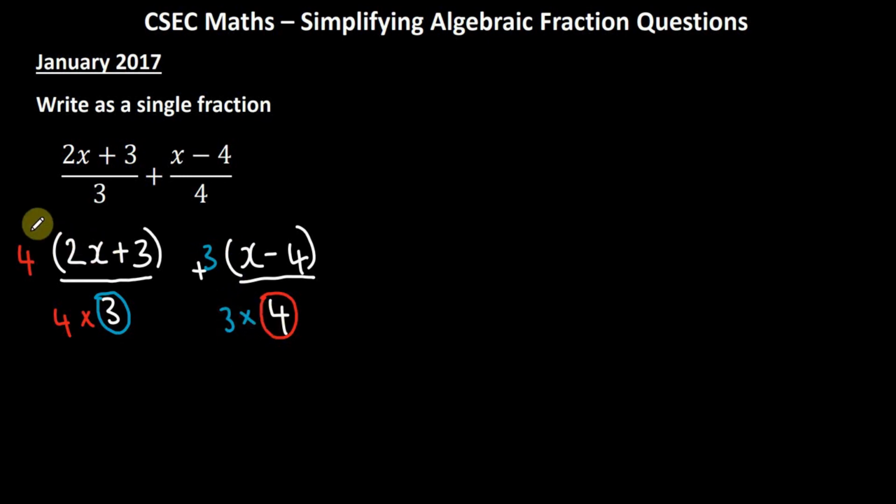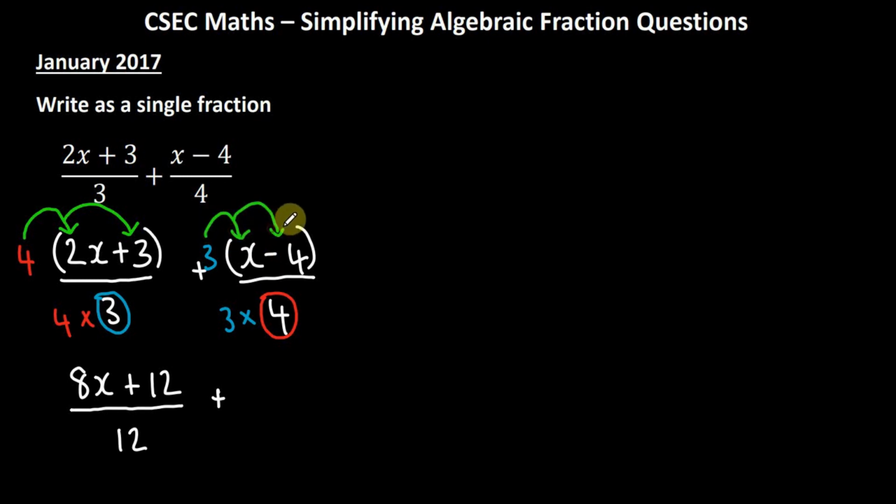And again, what we can do here is to use the distributive law to expand the bracket here. So I'll use 4 times 2x and 4 times 3. So 4 times 2x will give me 8x plus 4 times 3, that's 12, divided by 4 times 3, that's also 12, plus, and again I'll use the distributive law to expand this bracket here, so it's 3 times x and 3 times negative 4. So what I'll have here is 3 times x, which is 3x, and 3 times negative 4, which is negative